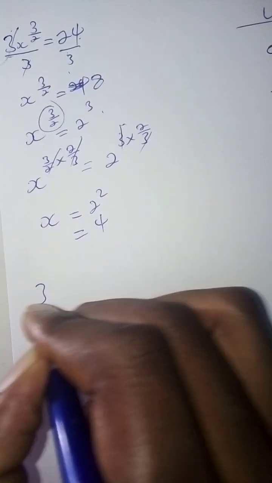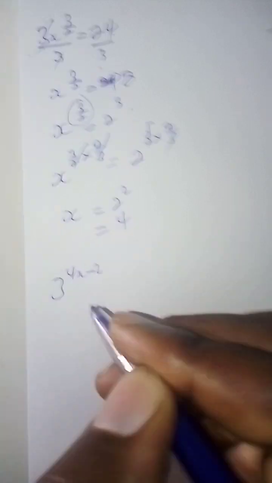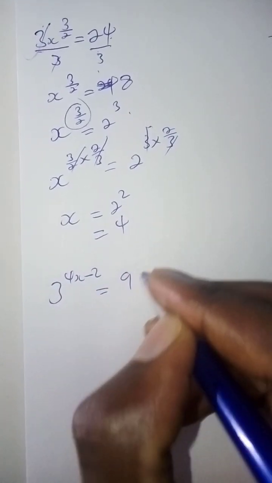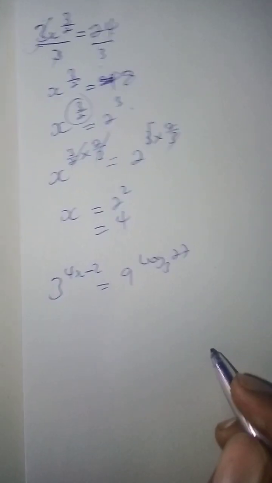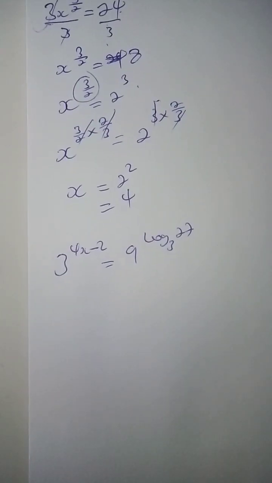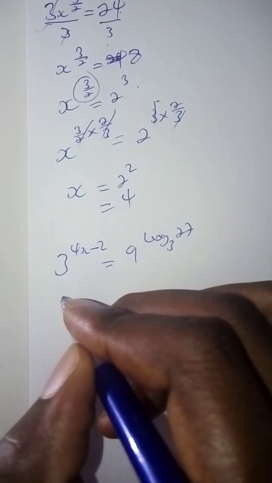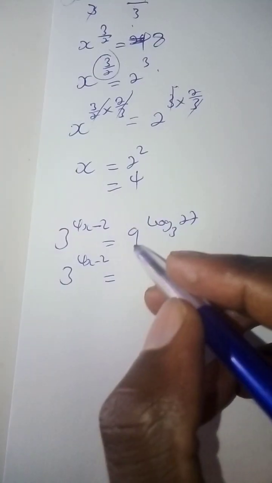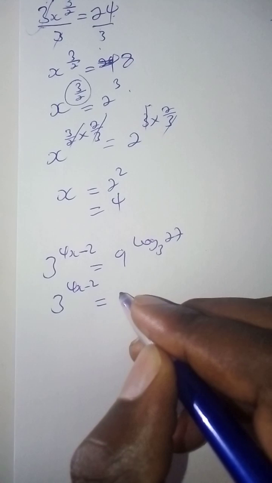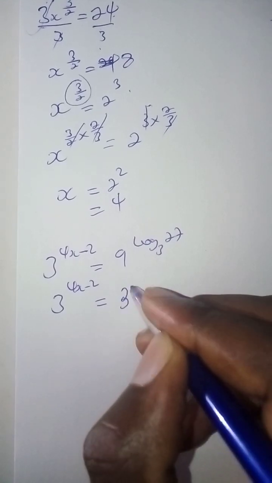Let's say that we have 4^(x-2) equal to 9^(log_3 27). Now from here, you can see that on the left hand side, we have a base and an exponent, so it's perfectly fine. But on the right hand side, we have a whole number that can be converted to its simplest prime factor form. So now this means that we have 4^(x-2) is equal to, now we need to convert this. So it's basically 3 squared